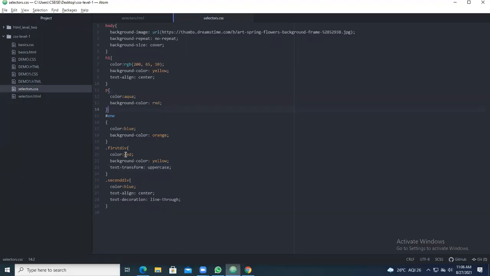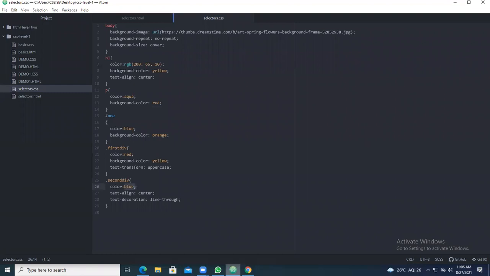Because if you give the first division color red, here it is color aqua and here it is color blue. So are you getting anything else? Color in blue you are not getting, color in aqua also you are not getting, you are getting directly the red color. That means p tag will overrule the class tag. Class is an attribute inside div tag. So if you give the attribute, that heading of the tag will rule the attributes.